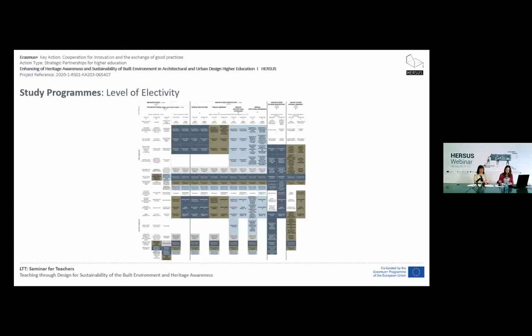Study programs at the Faculty of Architecture allow students to come up with their own course selection, thus tailoring the education to their particular needs. All three departments offer a number of elective modules open to all students. The number of electives increases and diversifies over the course of the study program. So when we accredited the whole program and all study programs, actually we thought that this selectivity would be a great offer for our students, but